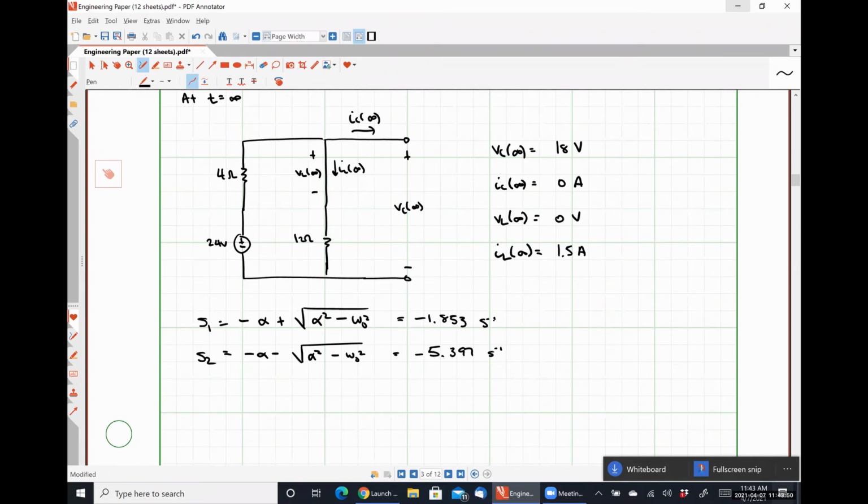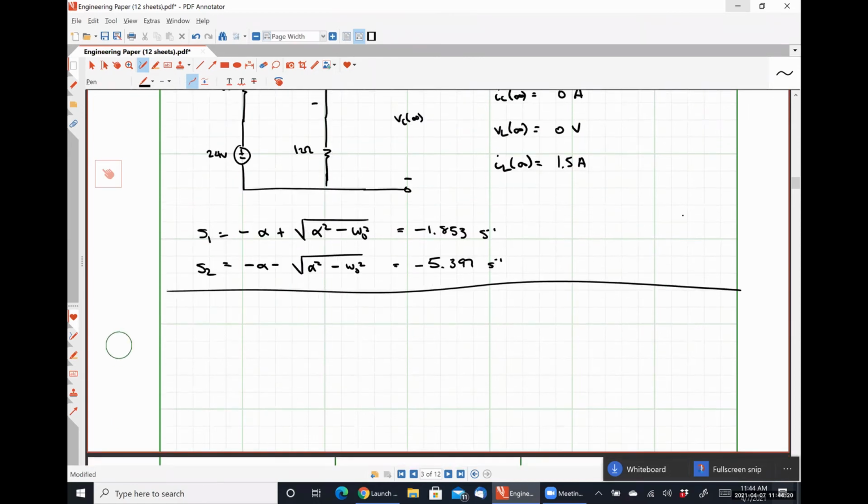All right, so now that we know what S1 and S2 are, we're in good shape. Because we're looking for the resistor current that is going to be given by the sum of the inductor current and the capacitor current, which quantity do you want to deal with first? The inductor current or the capacitor current? Inductor current. Okay. So, put a line there. For our inductor current,